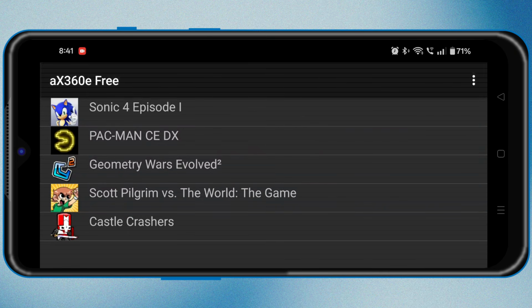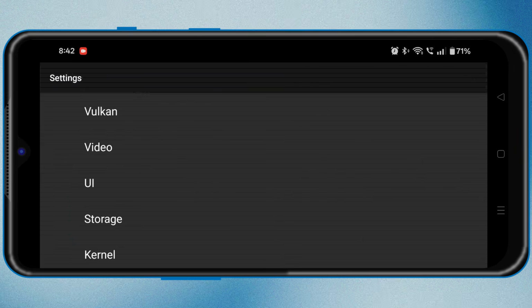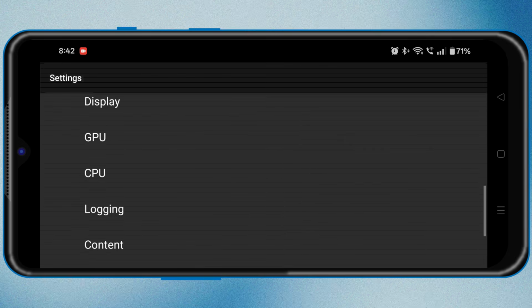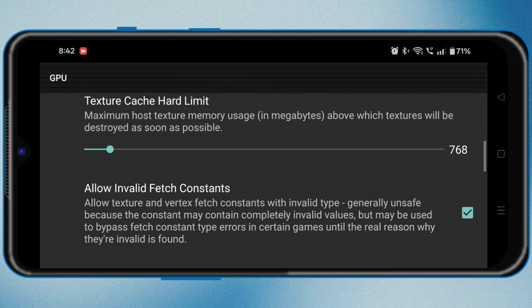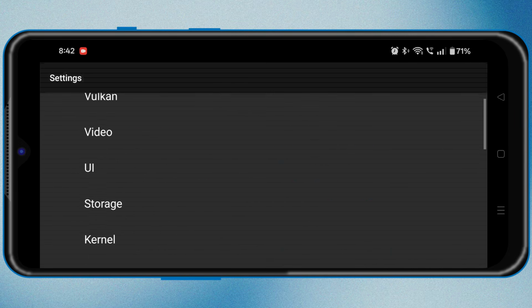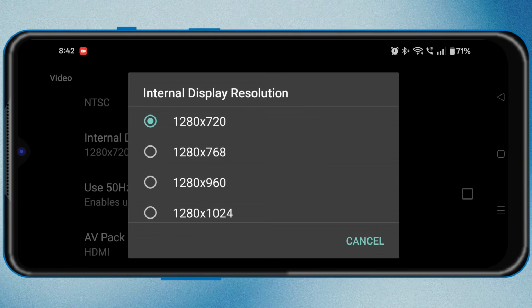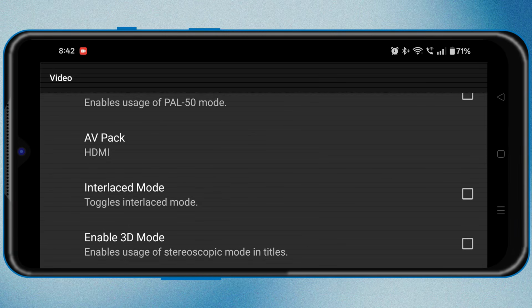In this video, I'll show you how to play Xbox 360 games on your Android phone using AX360e Emulator. For a long time, many fake Xbox 360 emulators were available for Android, but most of them didn't actually work. But now, AX360e is available on the Google Play Store, and it's one of the most promising Xbox 360 emulators